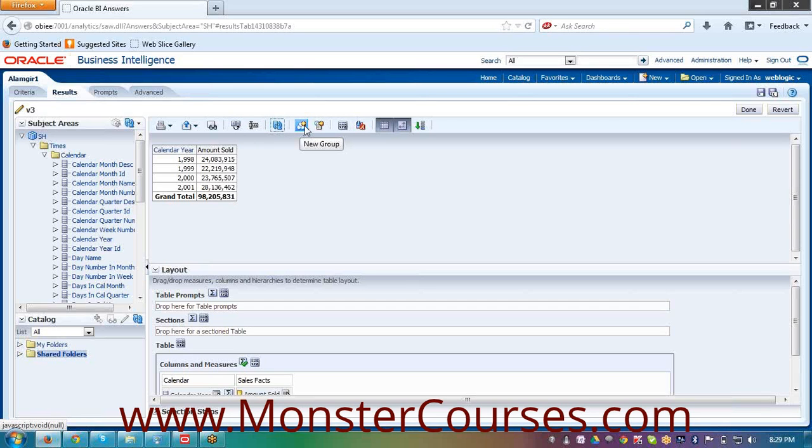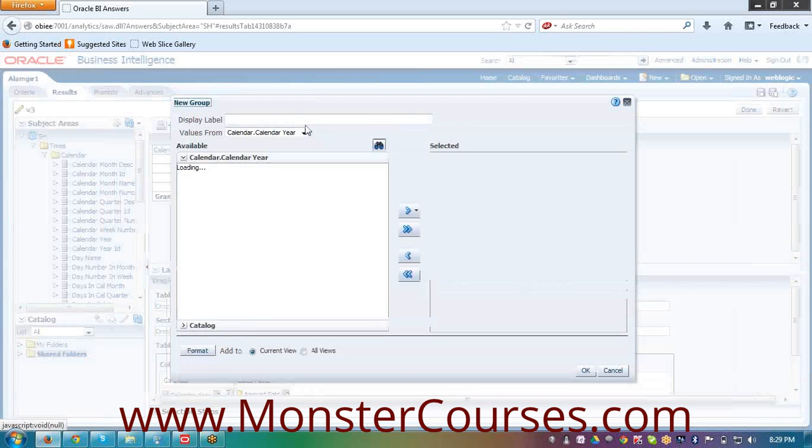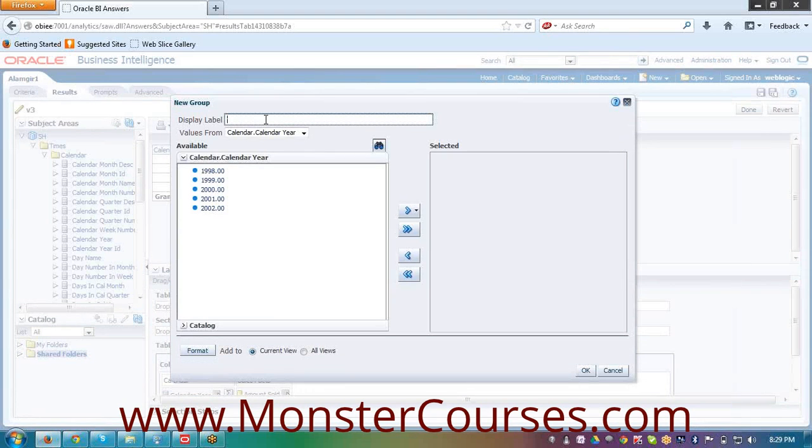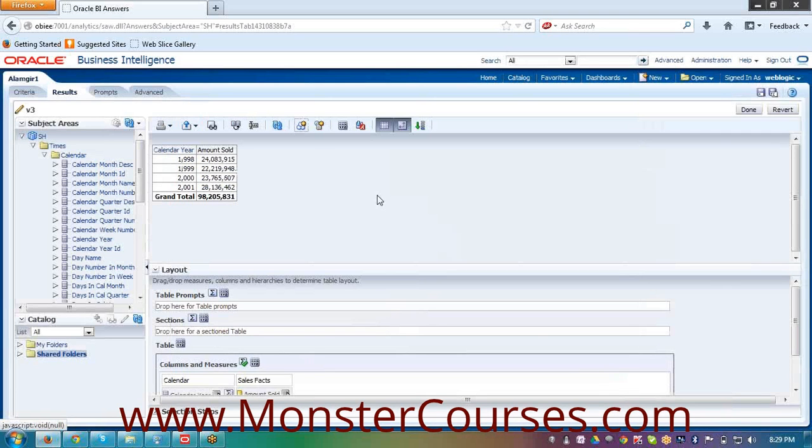You can create a group and assign the report to this new group. You can display any group. So this is not a user group. This is only for the reports that you can group. This is not a user group.